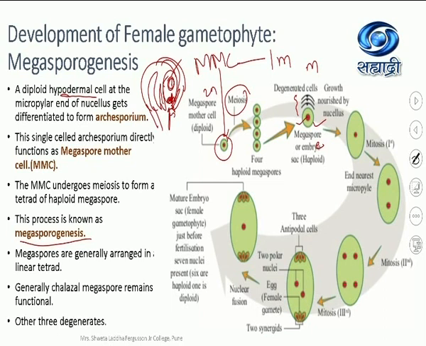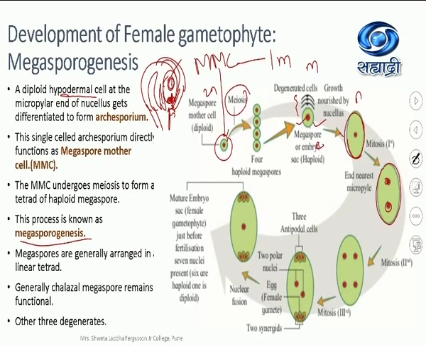This one is remaining alive, it undergoes growth, and once it is growing by nourishment, it enlarges in size. Then it starts undergoing mitotic division. When it undergoes mitotic division, it is initially haploid, isn't it? It is haploid. Initially only the nucleus divides, the cytoplasmic division does not occur. After one mitotic division, two nuclei are formed